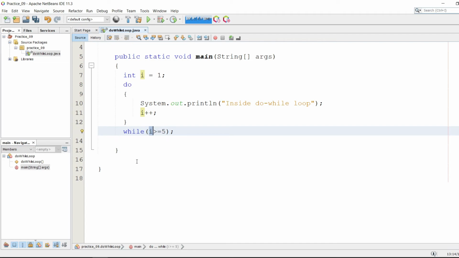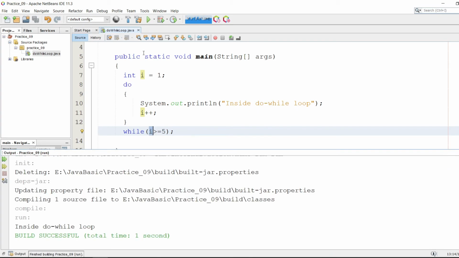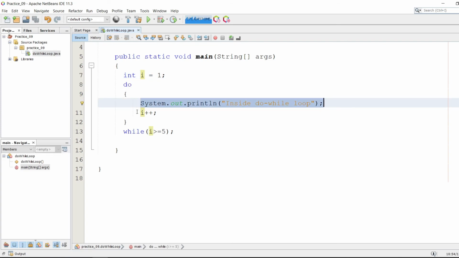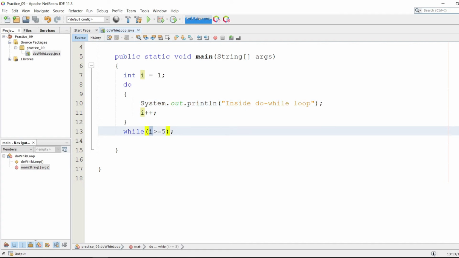So it comes out of the looping block. So let's run this program. As you can see, it's only giving me one time, as before checking the condition, it executes the do block. So it's giving me this line at least once, and then it checks the condition. The condition is false, so it comes out of the looping structure.